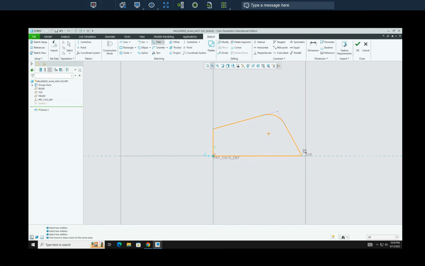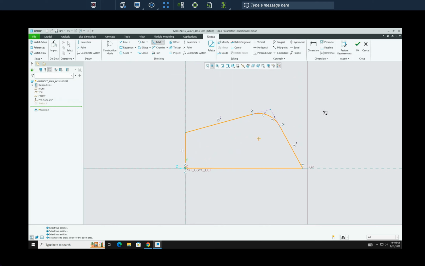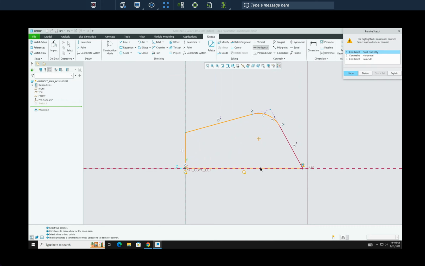and that's basically it. Okay, so we always want this one to be vertical, and we want this to be horizontal. So we can constrain that. We want this to be a horizontal. So click that, and then